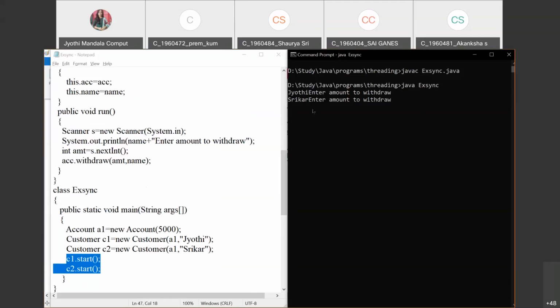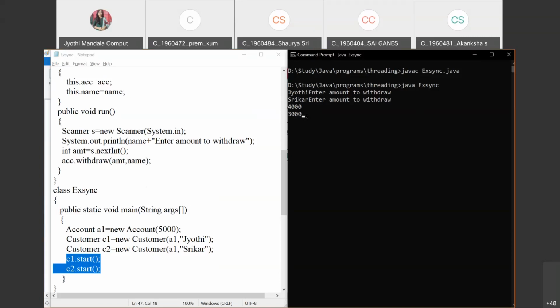Let us consider the first customer wants to withdraw 4,000, and the second customer wants to withdraw 3,000. We'll see how the output will be.